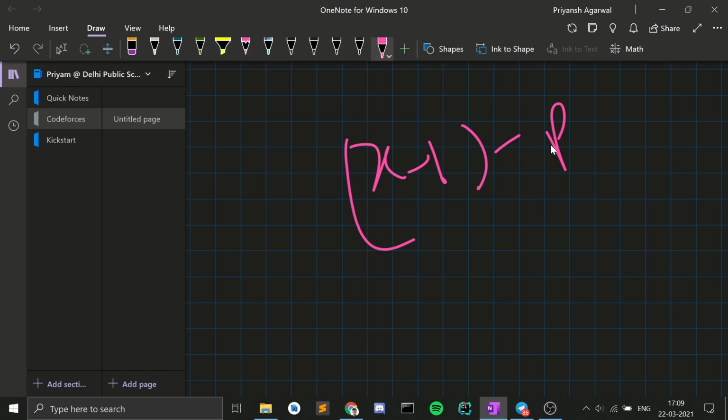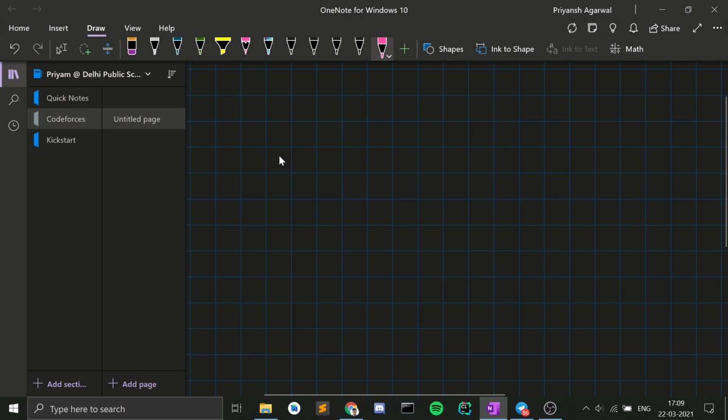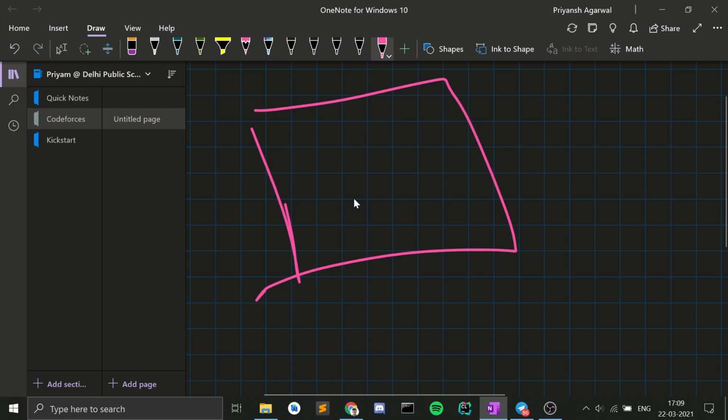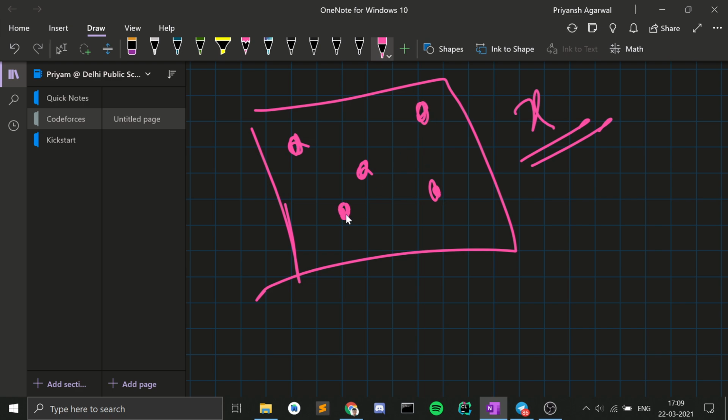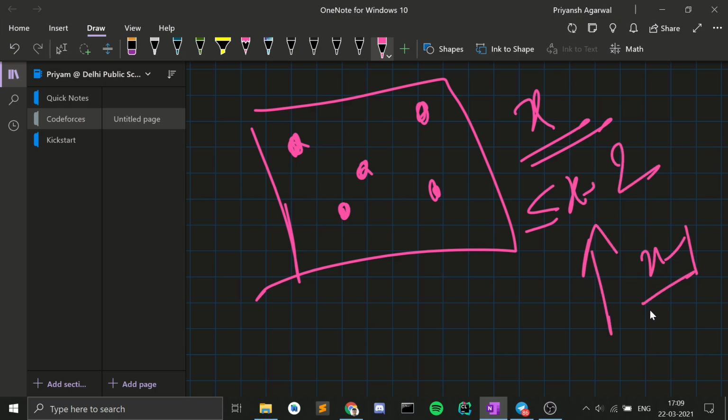Okay. So how will you solve it? You have this whole grid, and let's say this is x. So you go to all the locations that contain x. Let's say this is the location, this is the location, this is the location, this one, and this one. Okay. You go to all of them and you look at their neighbors. And if these neighbors have a value of less than or equal to x minus 2, then you increment them up to x minus 1, and you add to the answer correspondingly, right?